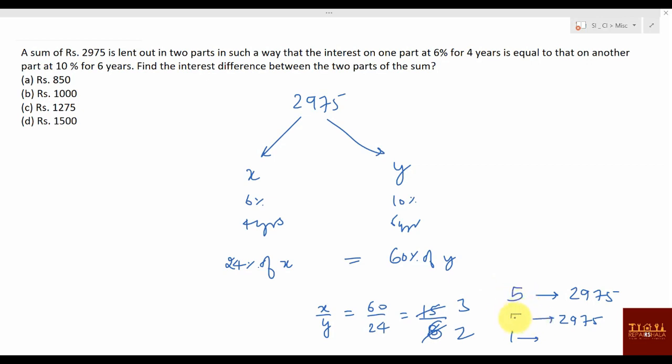This is 5. Now if it is 5, then 5 5s are, and 5 9s are, 5 5s are 595. One value is 595. What you need is the difference between them. So the difference between them is 1 only. This is 3 and this is 2. The difference is 1, and that is that 595. Option is not given.